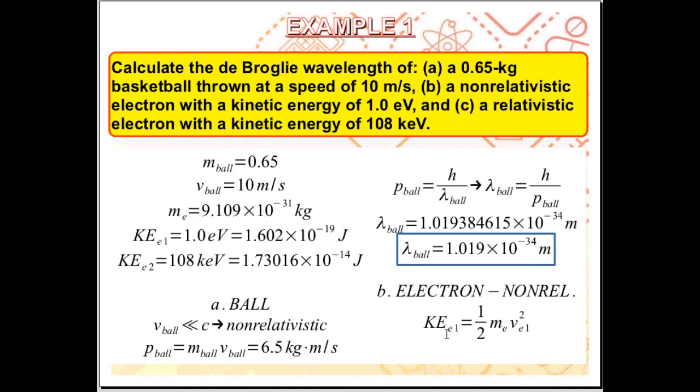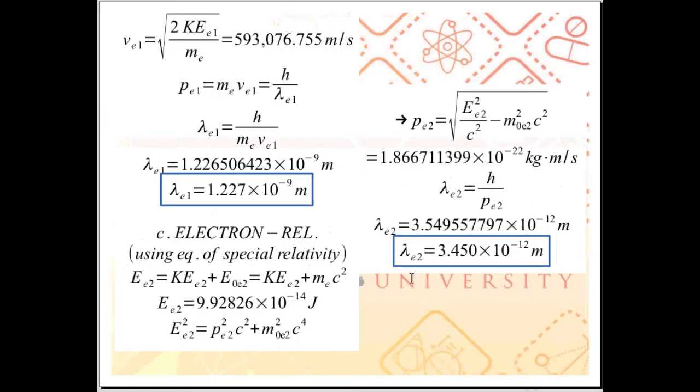So kinetic energy of the electron is one half times mass of the electron times square of the speed of the electron. Isolating speed, we are able to get 593,076.755 meters per second. So the electron is quite fast, but still, when you compare it to the speed of